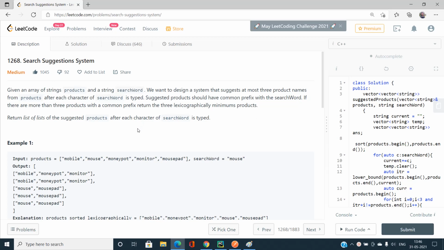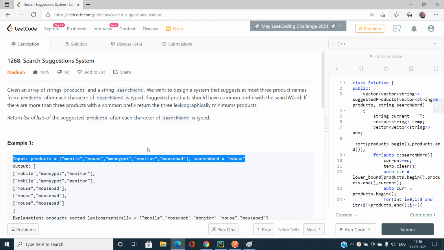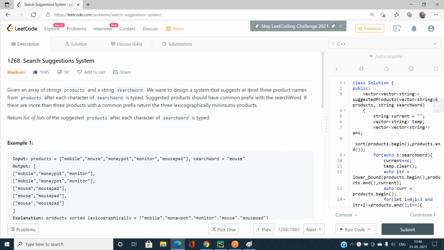Note the term at most three product names from products, and after each character of searchWord is typed, that is, you type the characters sequentially from the search word, starting from the left side. The first character is taken, then the second character, and so on. That is basically, you have to pick any prefix of that search word.